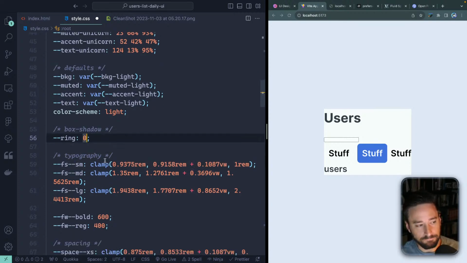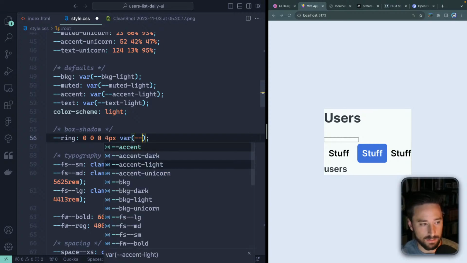All right, so here we are. We've got this ring here. And what we're going to do is set two rings around the side of this. So 0, 0, 0, so it's not going to be left, right, up, or down. It'll be exactly around it, but we do want to set a distance from it. So we could do something like 4 pixels, or we could use a dynamic variable here if we wanted to. And then I'm going to set this to my var of